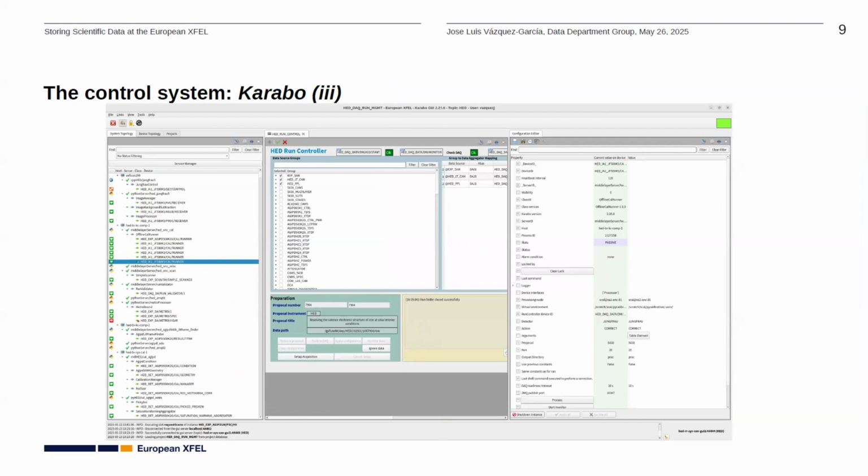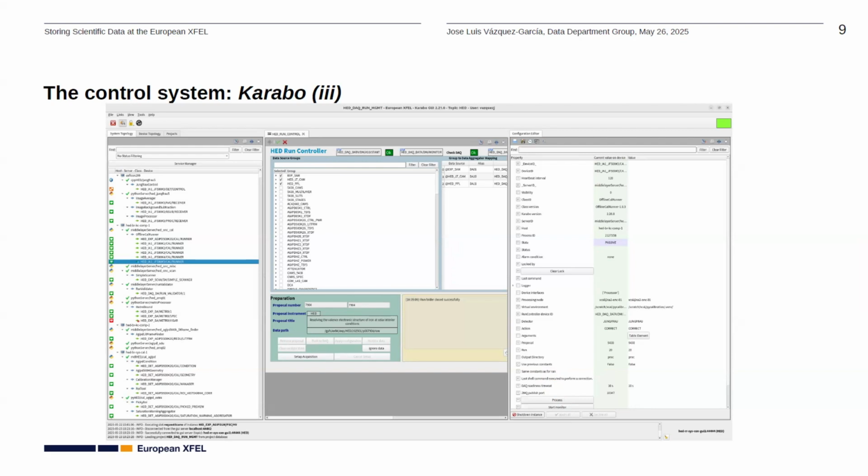And you can do things like click on one of them, and then here on the right, you can see all the properties that make up the configuration of the device. You can even do things like click on one button here and send a command to the device. So in principle, you can control the instrument this way, but you can see, in here I have hundreds of devices, each one of them with several hundreds of properties. It is not very